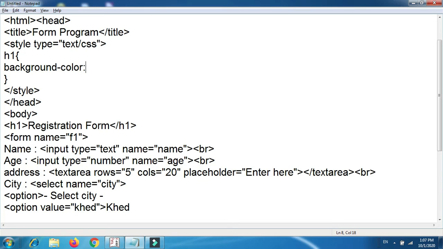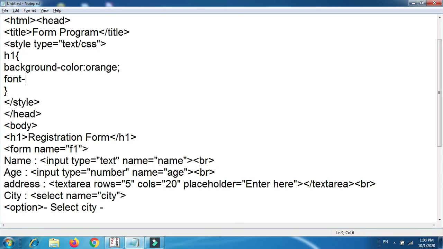Orange color, semicolon. Next is font dash style. Don't forget to put the hyphen or dash symbol, this is very important whenever you write the exact name of a property. Now italic, fine. So these are a few properties, that's it.